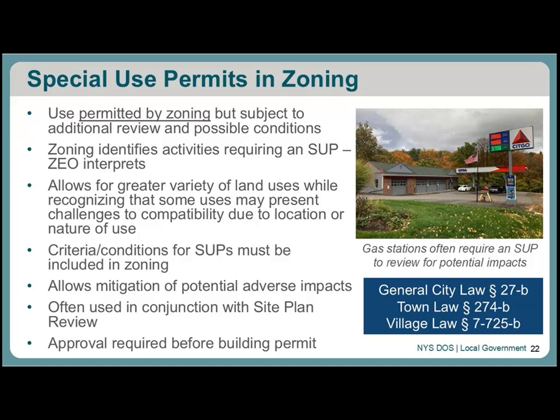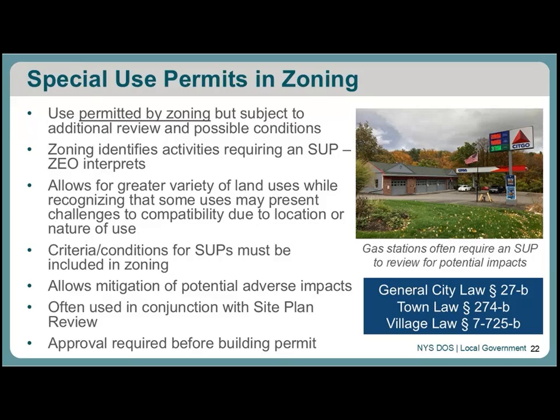And then as long as your zoning provides criteria for review of special use permits and you use that criteria, you can place conditions on uses to mitigate concerns that you may have. And you can even potentially deny a special use permit in certain circumstances if your criteria is used and you feel that the adverse impacts of the unique activity cannot be overcome. It is possible to also deny that use from going forward.